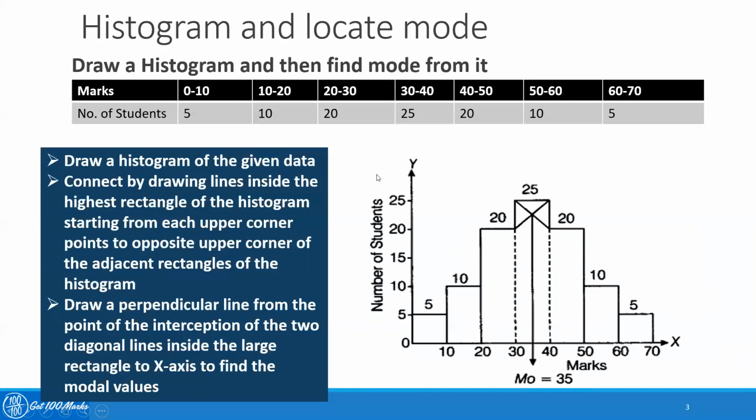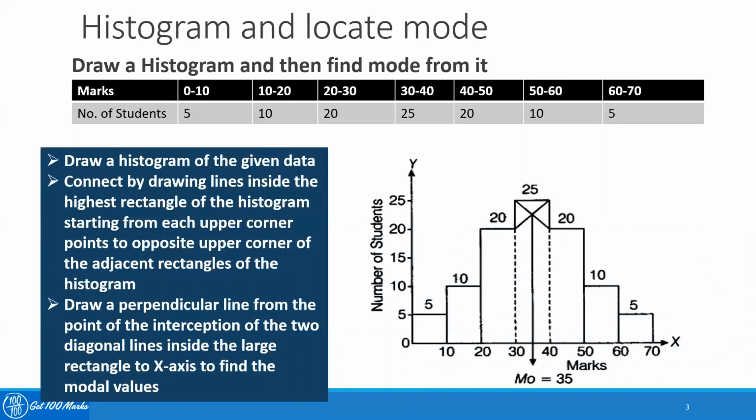Now, just to remind you, many times it's very difficult to calculate mode. There might be different types of situations. Sometimes there may not be a mode at all, like no number is repeated, or there might be a bimodal case where two numbers are repeated the maximum number of times. So we can find a bimodal. There are a lot of adjustments, such as grouping and the frequency table, where we calculate mode.